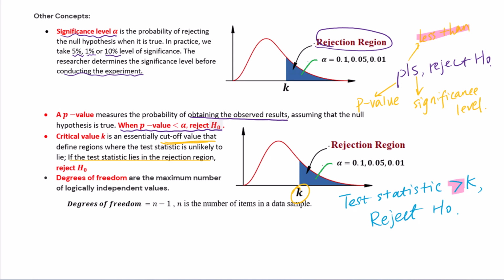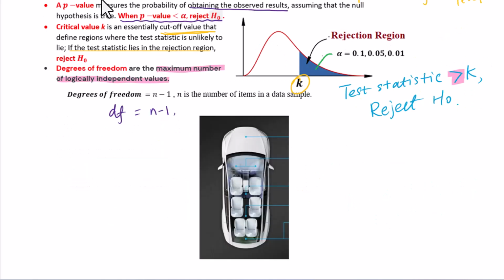Degrees of freedom are the maximum number of logical independent values. df equals n minus 1. n is the number of items in a data sample. You can use the seats in this car to understand the degree of freedom. Think about 6 people